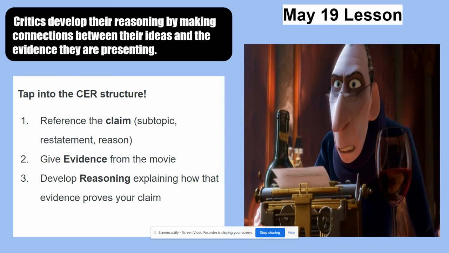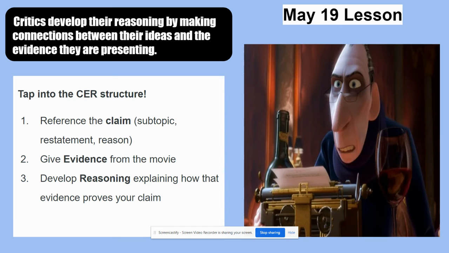One thing I noticed from people is some of us didn't have real specific examples with our reasonings. So that's something you really want to tighten up today while also transitioning from opinion into examples. So use some of those ideas that we used way back earlier in the year with the CER structure. Doesn't mean your whole essay needs to be in this structure, but this might be a good way to help you out. You want to make sure you reference the claim.